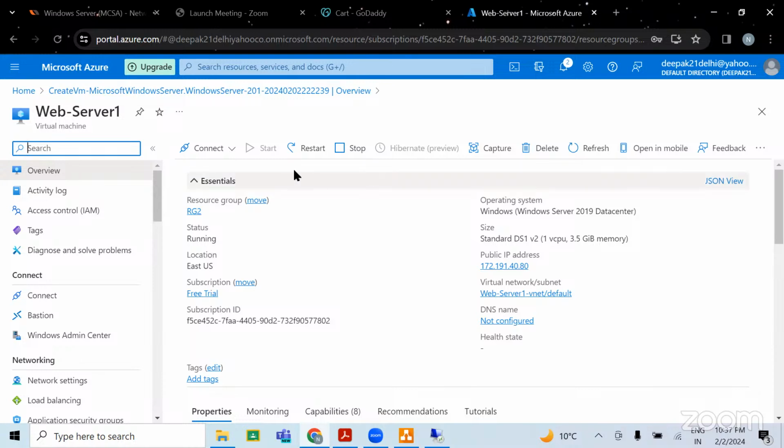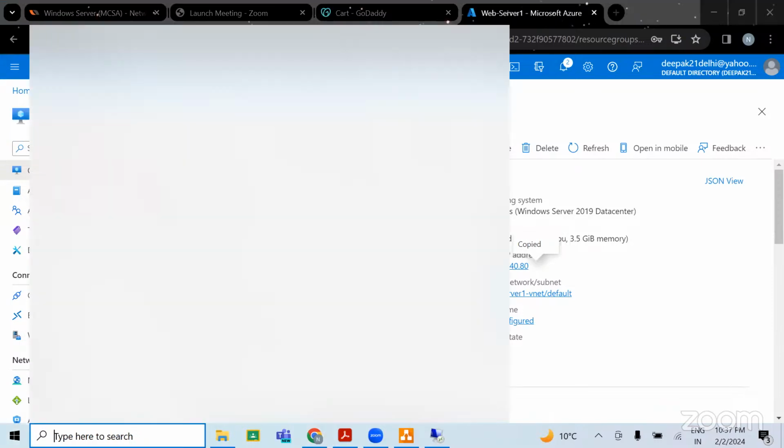So that is why I'll just give you the idea of how we will be able to use the Azure portal, and then based on your interest you can opt for the Azure course also. And in between I'll be explaining the benefit of learning SCCM and Intune. So if you feel like it, you can join the SCCM and Intune batch as well. All right, now this one is my server and you can see its public IP, and I will be able to connect to this server now.